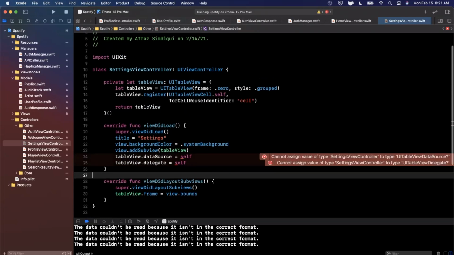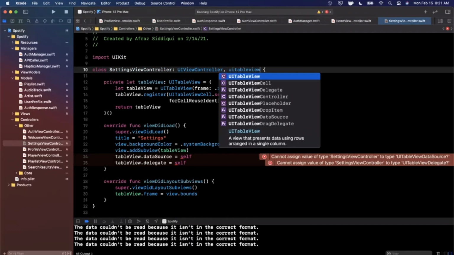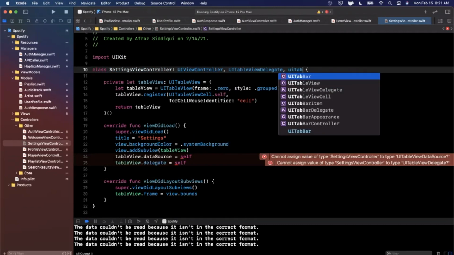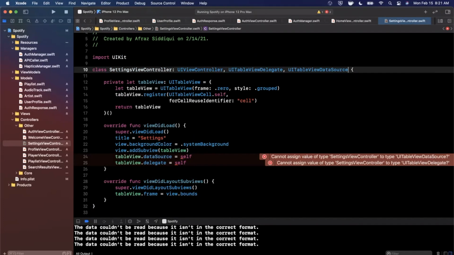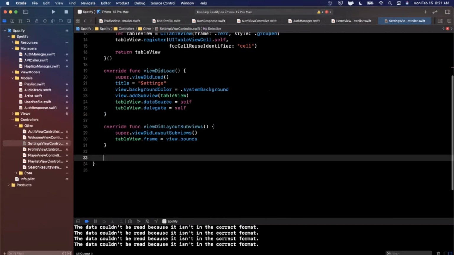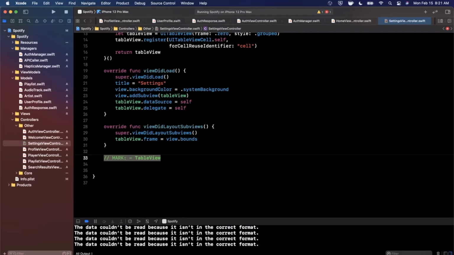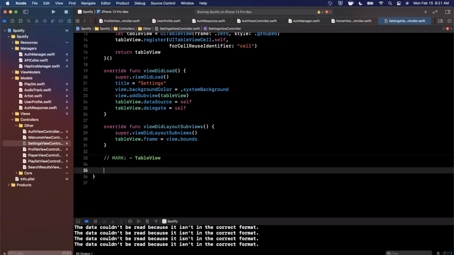And then, of course, we want to conform to the appropriate protocols on this class. So we're going to say UITableViewDelegate as well as UITableViewDataSource. All right, these guys should go away, but it's going to yell now about some data source functions we need to bring in. So let's bring those in. So I'm going to make a mark comment. This is strictly for just code organization. If you're not familiar with what it is, if you've seen it and you're curious of what it is,